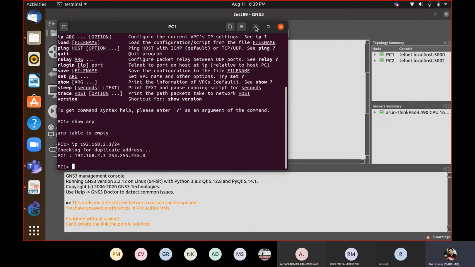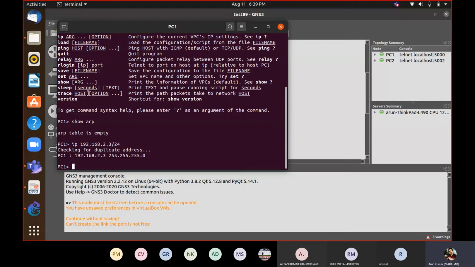Now the second one. Remember that we have given the first. So it is always better to write down your topology, draw your topology on paper, otherwise you may forget it and you will get cluttered with your IP addresses.